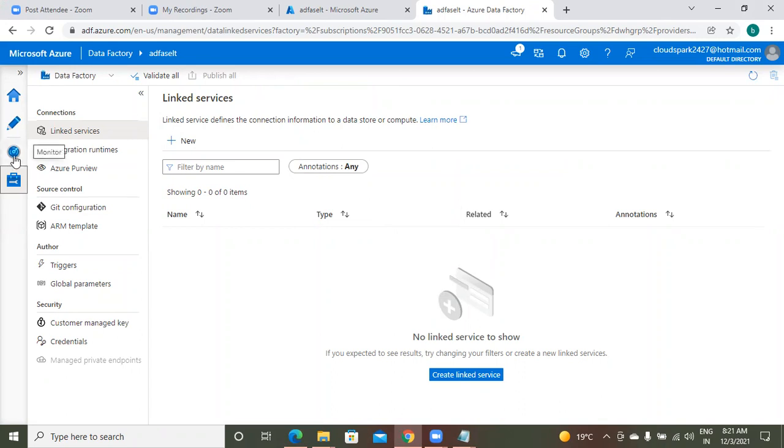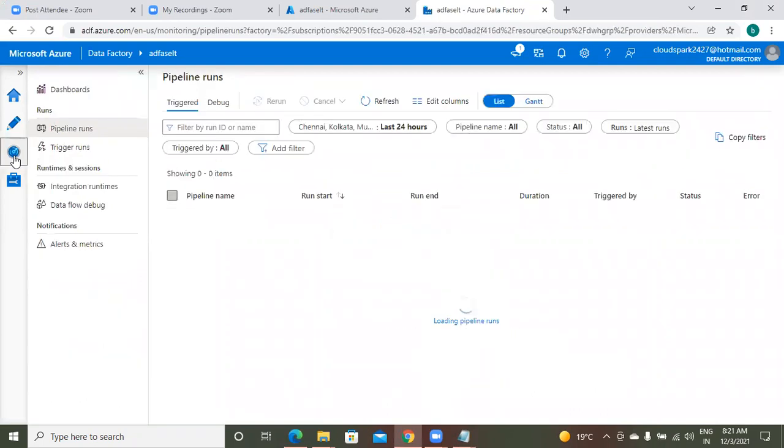Okay. Next, Monitor. If you submit a pipeline for running and you want to check the status of those pipelines, then you have to go to Monitor. For example, in a pipeline many activities will be there. Suppose your pipeline has 10 activities and it is already running.